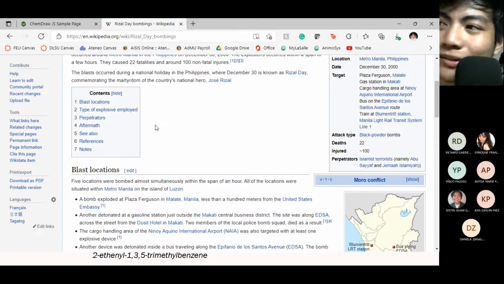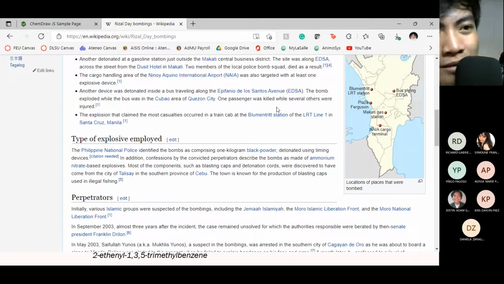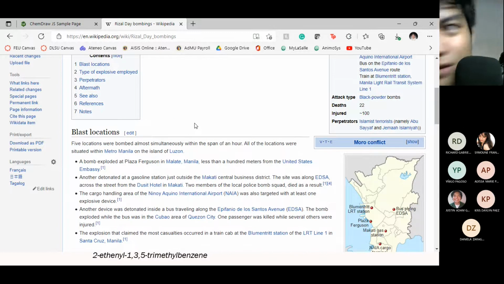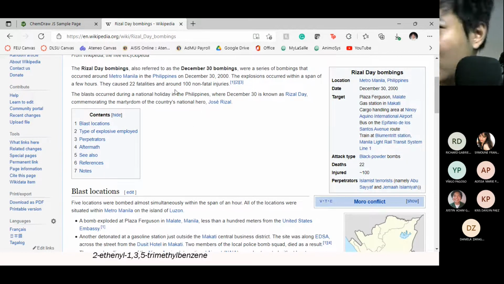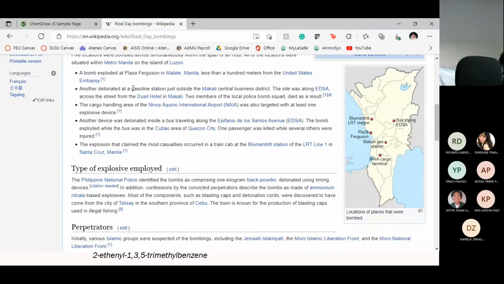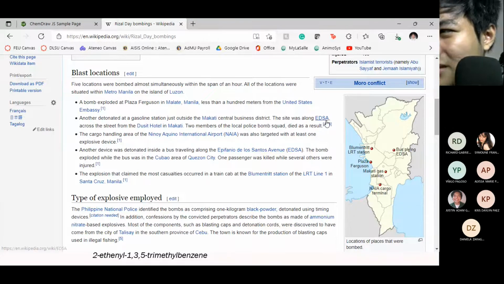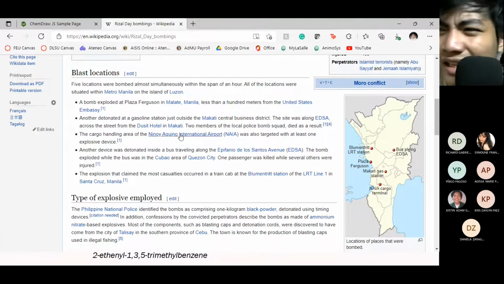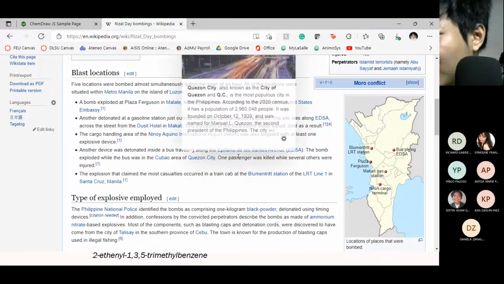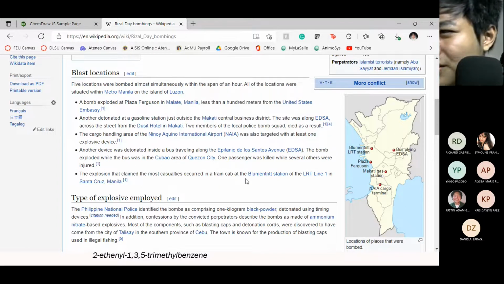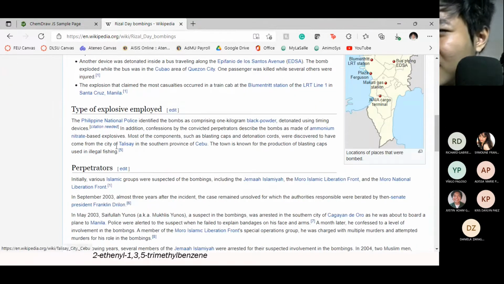Okay. So, nangyari dito, there were series of bombings in Metro Manila. This is somehow related to terrorist group na Al-Qaeda ata. I'm not sure. Okay, so ito yung mga pinasabugan, yung sa embassy ng US, sa EDSA ba to? Sa NAIA, sa EDSA na naman, and of course sa Blumentritt Station. Anong nangyari dito is, okay,